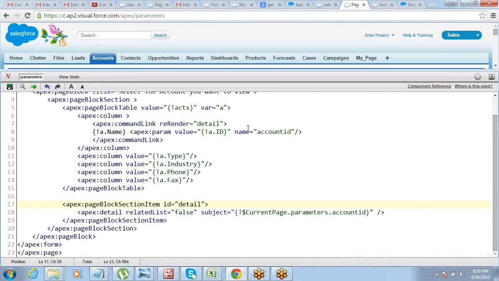It does not work for this. Command link, and what is the other thing that we can use here? Just give me a moment.